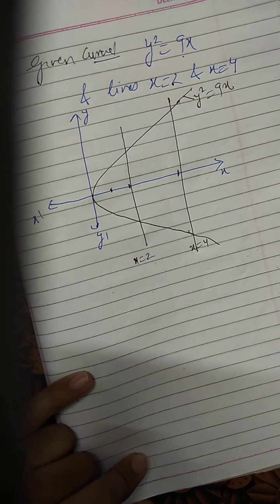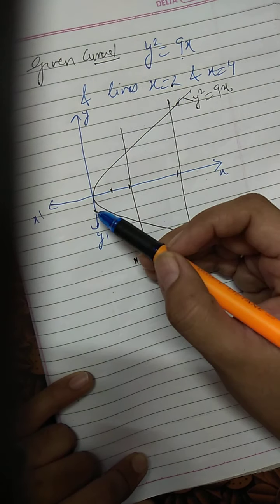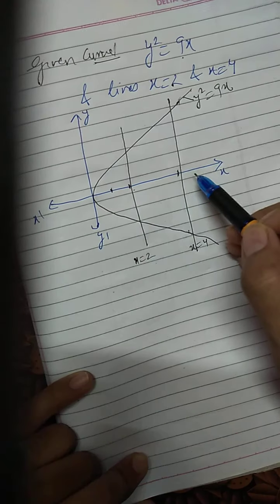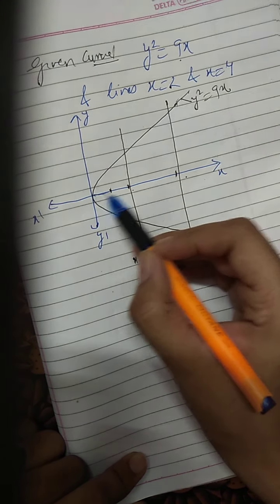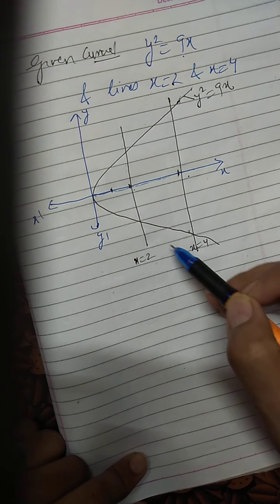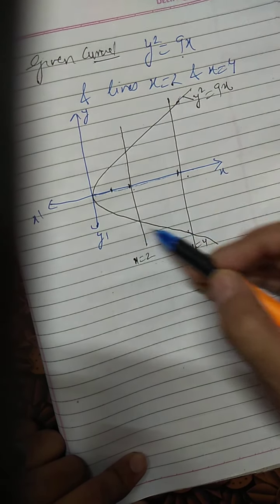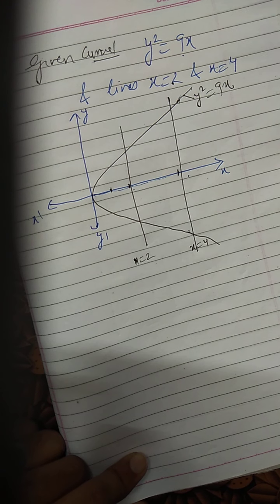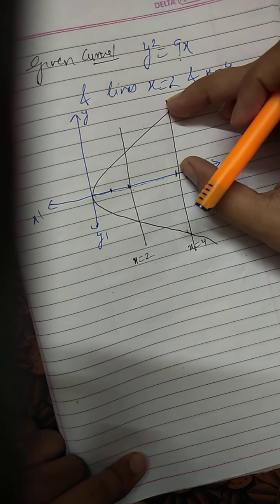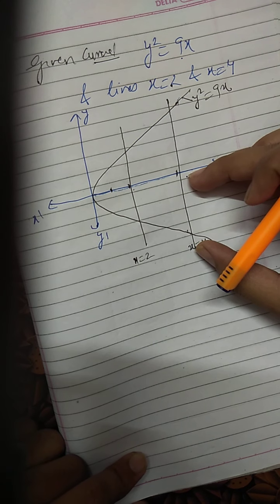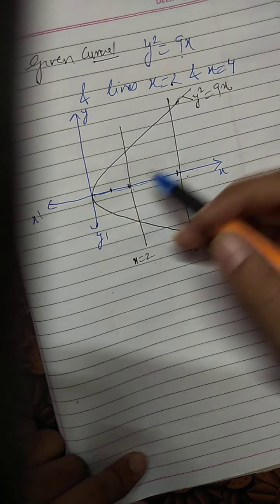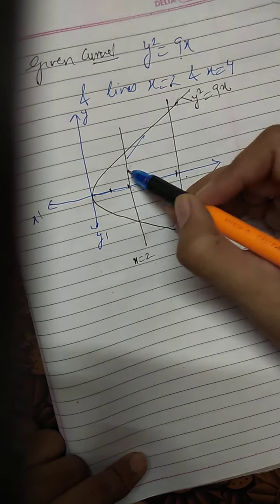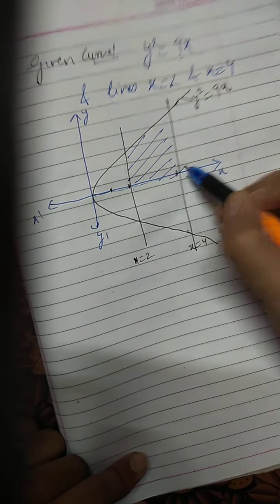The question is, we have to find the area of the region bounded by the curve, the line x equals to 2 and x equals to 4 and x-axis in the first quadrant. That means we are not supposed to go in the fourth quadrant, as our curve is symmetrical about x-axis. Whatever region it is covering above x-axis, the same region is below x-axis also. But our question wants us to find the region only in the first quadrant. So once again this region we will be calculating.